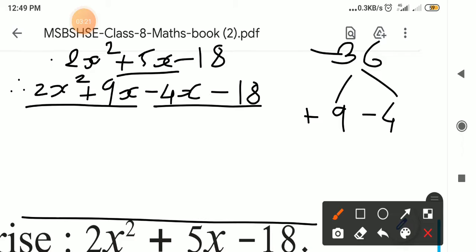Okay, so from the first 2 terms, we have to take the common factor. So what is common? Number is not common, because 2's table has no 9, and 9's table has no 2. And what is common here? Only the x variable is common, that we have to take outside the bracket. So the remaining terms from 2x square and 9x we have to write. 2x square: the 2 will remain here as it is, from x square one x is gone outside. Plus 9, this x will go outside, the common term we took outside.